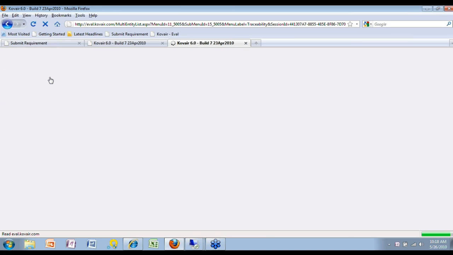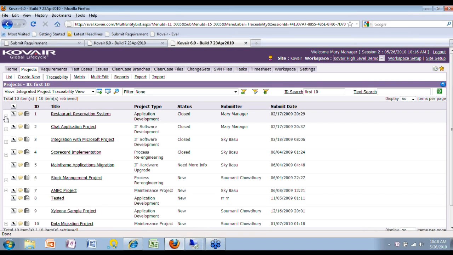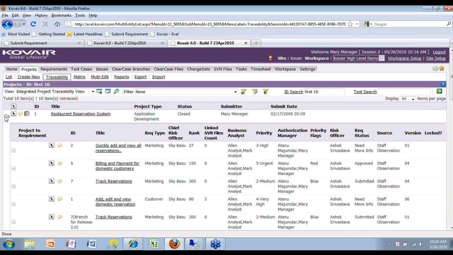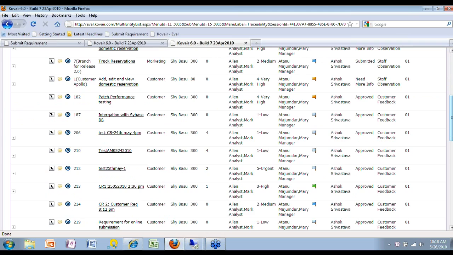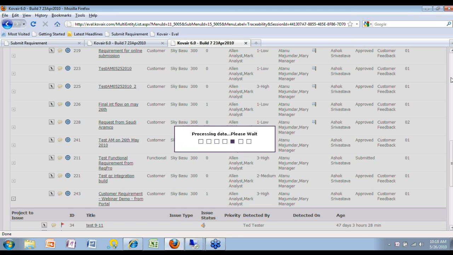Okay, so now what Mary wants to do next is to see an end-to-end traceability between the items that we just generated in different tools. So let's start with the top item as the project, which in this case is the restaurant reservation system. Okay, so let's find out our requirements. So this is our requirement, customer requirement webinar demo from portal number 243. Now if I expand this,